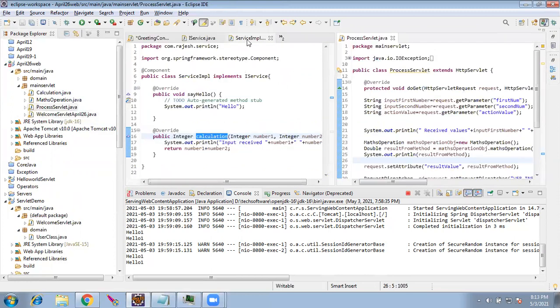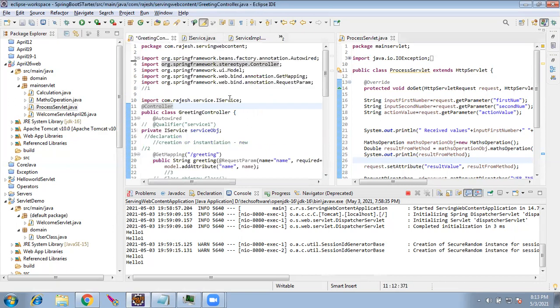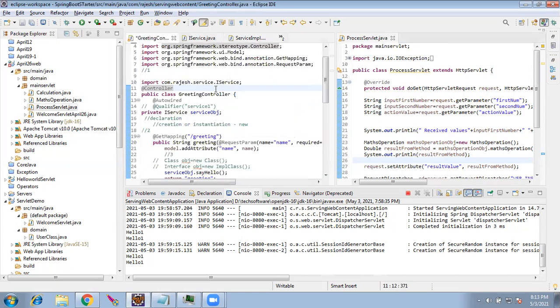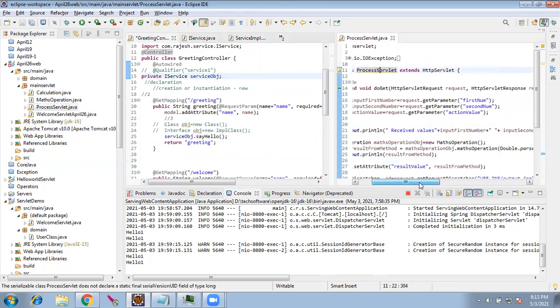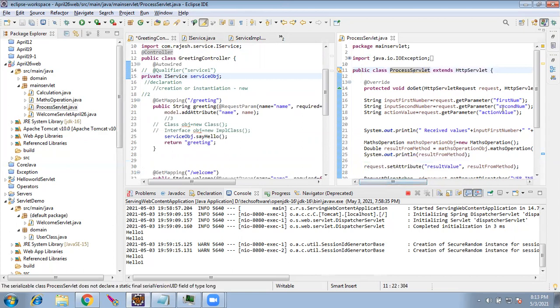This is the file equivalent to the servlet, correct? The controller is equal to the servlet. In the servlet, we are receiving the two numbers, first number and second number.